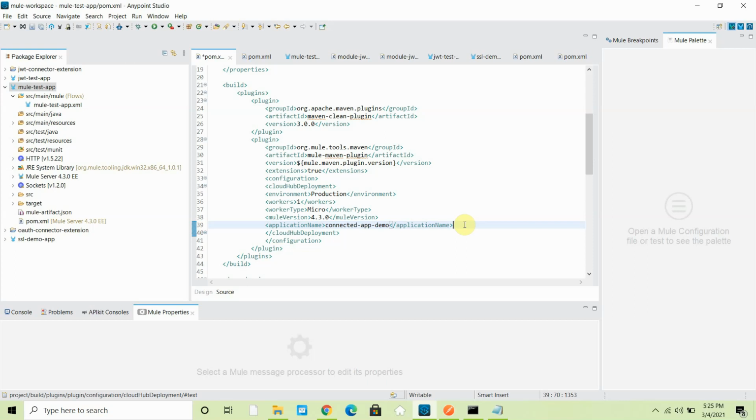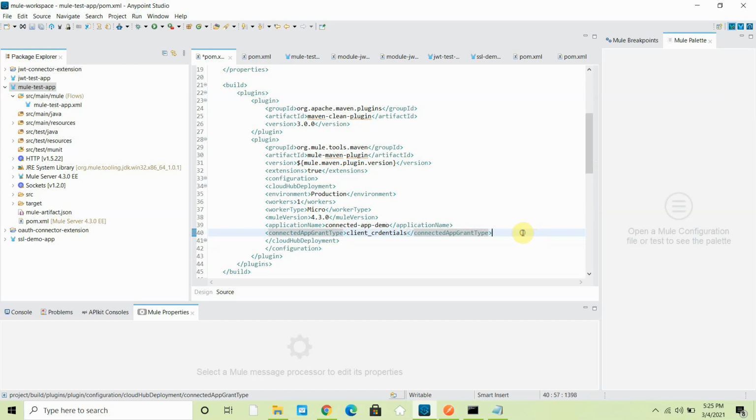The other thing we have to pass is the credentials. Generally for deploying an application we use the username and password of Anypoint Platform, but there is an option where we can also use connected app credentials. For that, MuleSoft has introduced three tags. One is connected app grant type, which is client credentials.